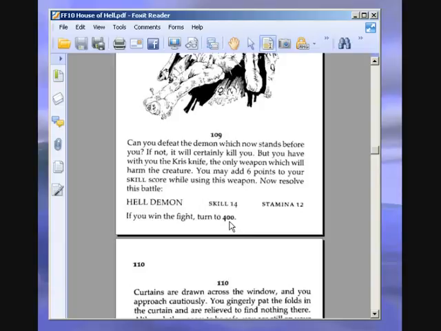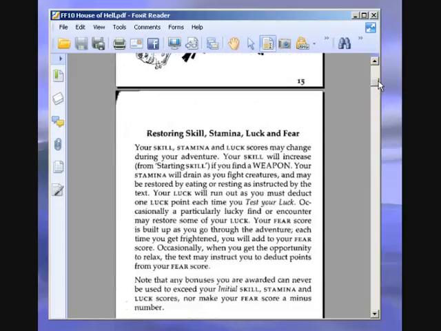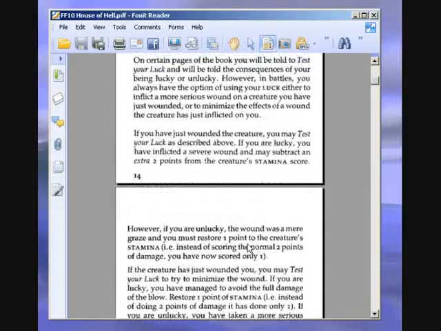Now resolve this battle. I don't understand this, because it hasn't said go above the initial value, which is stupid. I mean, it does have very high skill, so I'm going to do it anyway because it hasn't said go above the initial value. I'm on 109, by the way. So if I have a look at the instructions here,